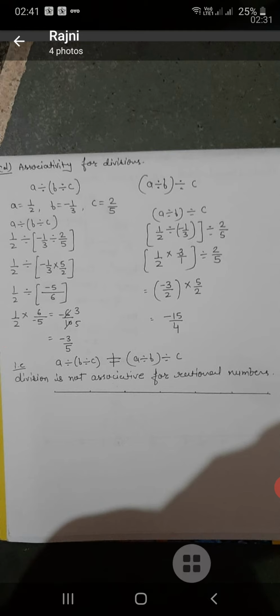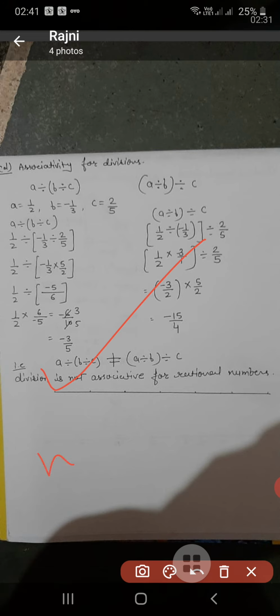Students, what you have to do? You have to complete all these properties in your note copy as homework. Solve and see. If you have any problem, we will do it in our next lesson. So again, see what you have to do.